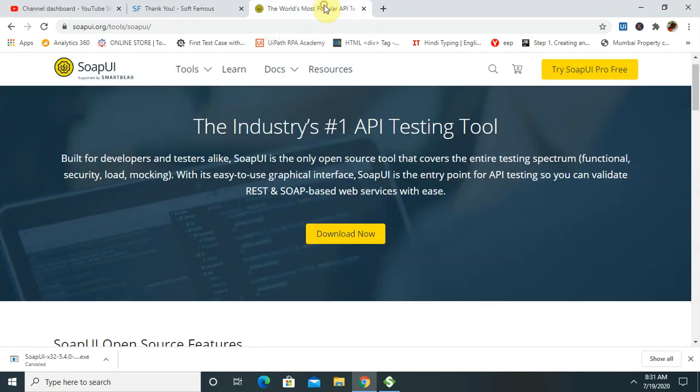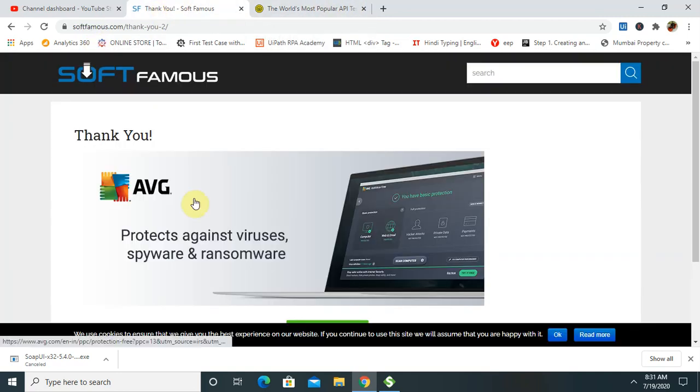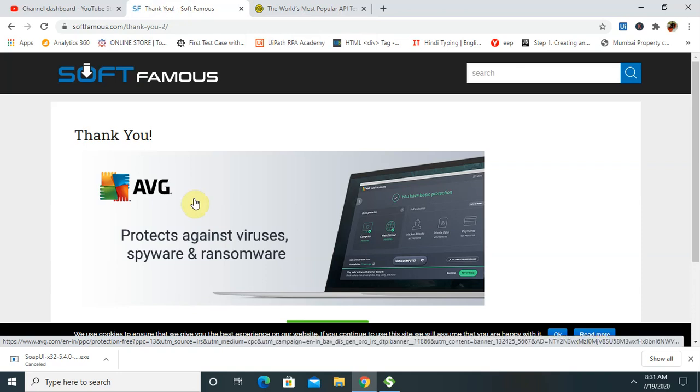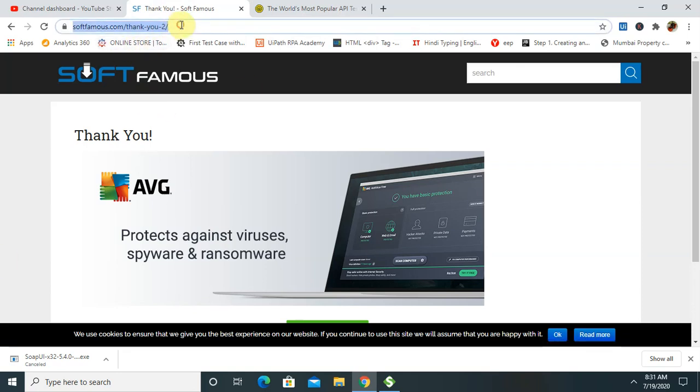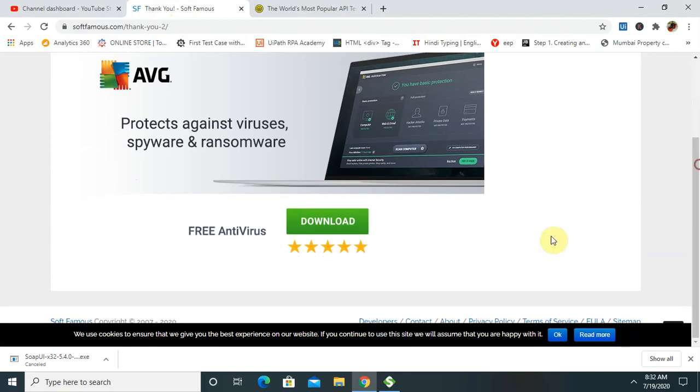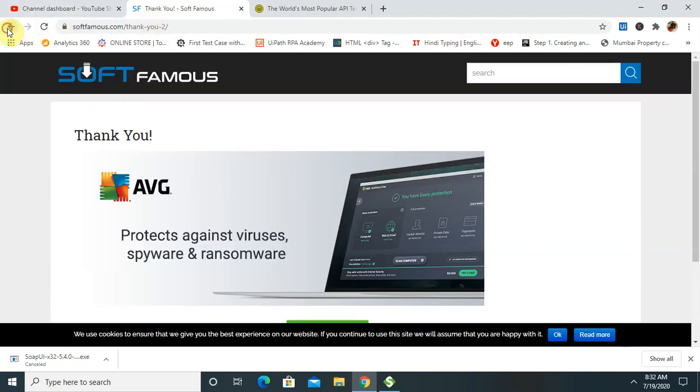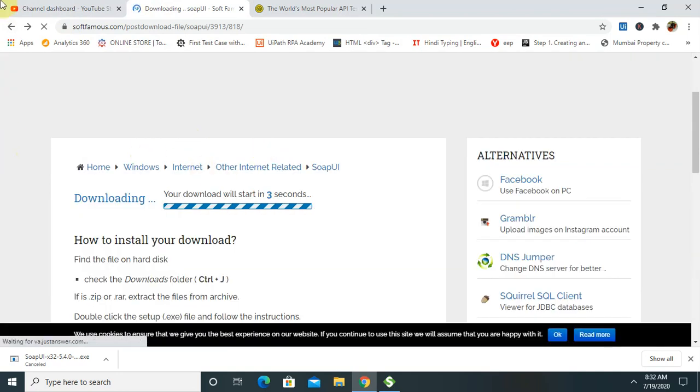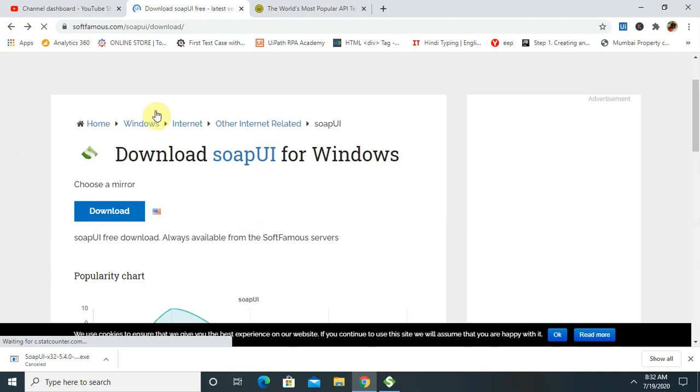These versions you will get for 64-bit, but if your system is 32-bit, you can download it from this link, from this URL. Once you click on the download, not this one, go back to this and use this option here.